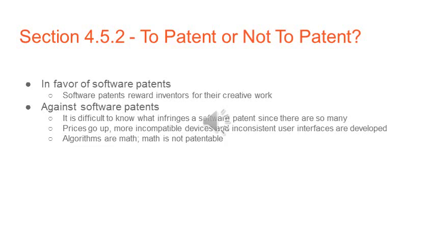Some arguments against software patents are that it is difficult to know what infringes a software patent since there are so many of them. If courts uphold patents for software and smartphone features, prices will go up and there will be more incompatible devices with inconsistent interfaces. Also, algorithms are math, and mathematical formulas cannot